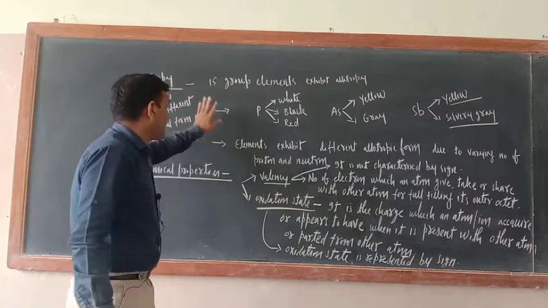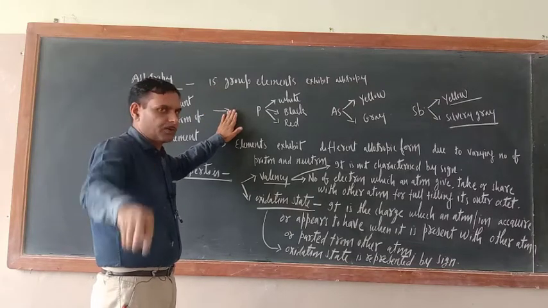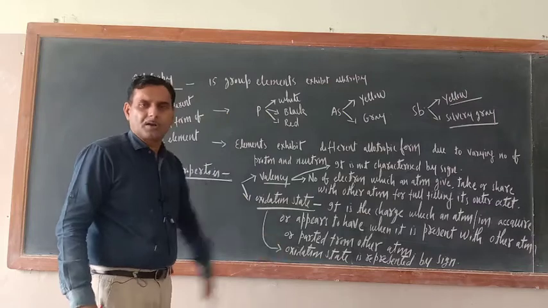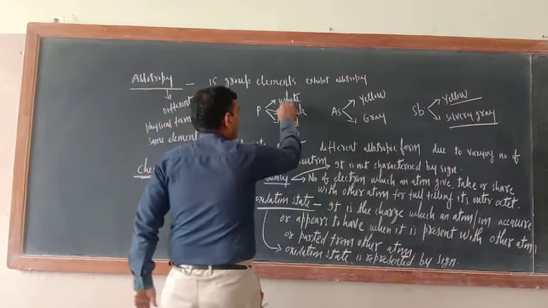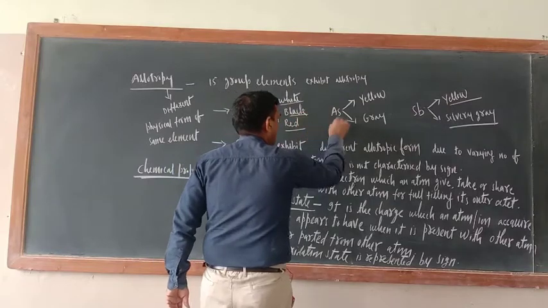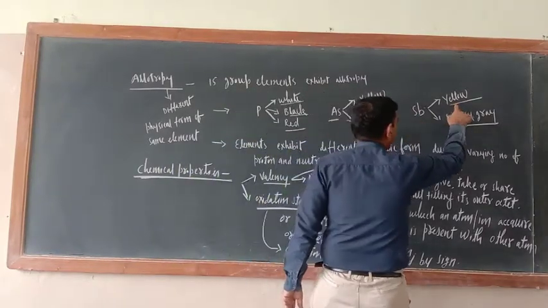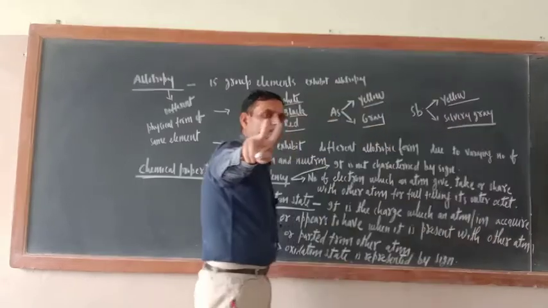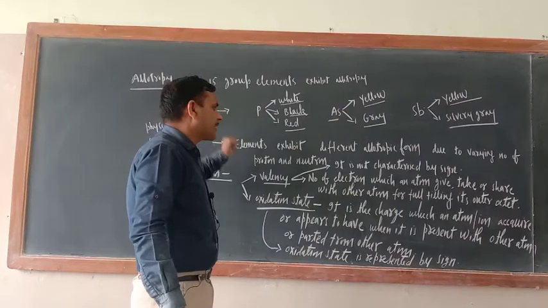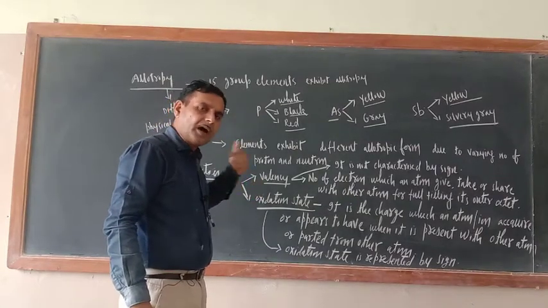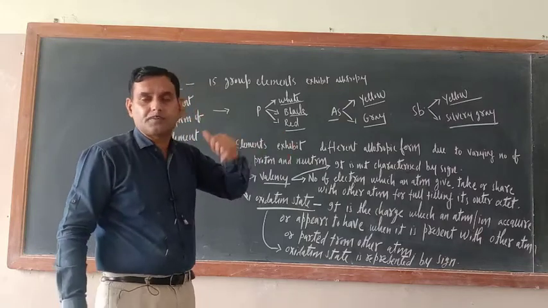So now try to understand. Nitrogen will not exhibit allotropy, okay, because it is small. Phosphorus has three allotropic forms: white, black, red. Arsenic, yellow and grey. Antimony, yellow and silver. The last member, bismuth, will also not exhibit allotropy. The question arises here, why do particular kinds of elements exhibit allotropy?